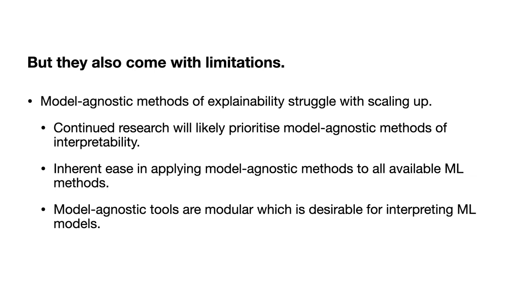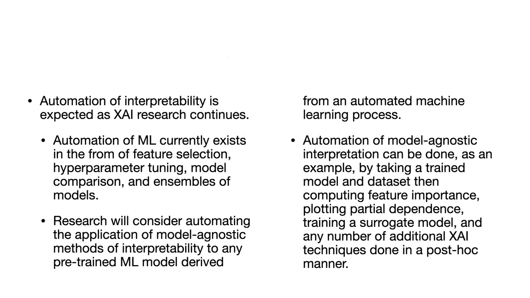So one thing to note is that you remember I mentioned model agnostic versus model specific. And one of the challenges is that model agnostic methods are struggling to scale up. So this does mean that people can be hesitant to apply explanations if they find it very difficult to apply them. So for this reason, it would be good to scale up machine learning explainability techniques anyway